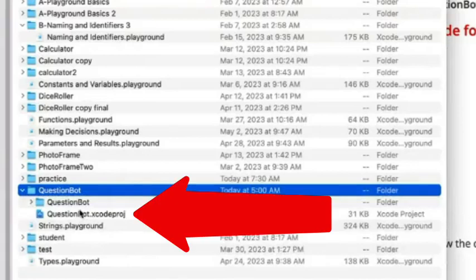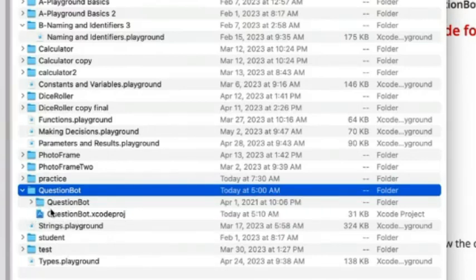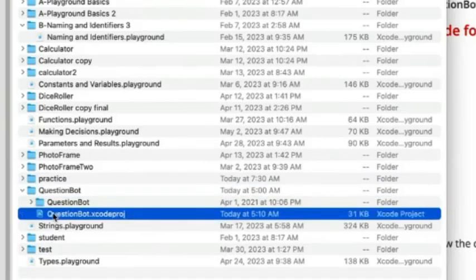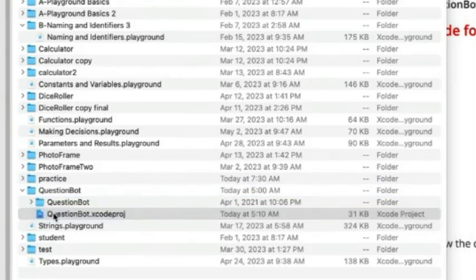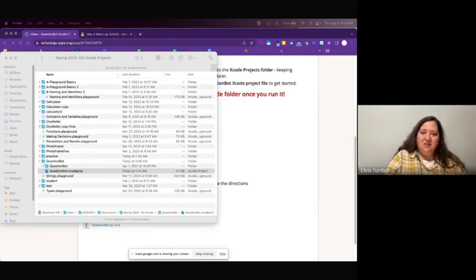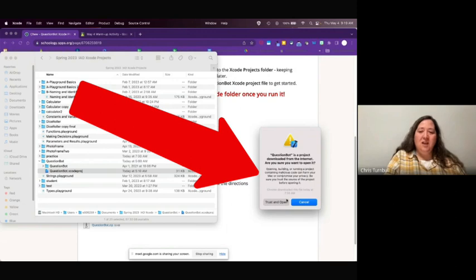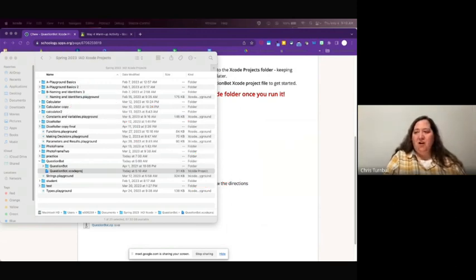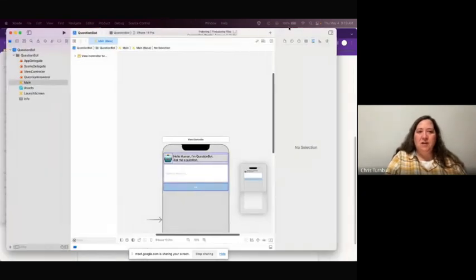So then we can open our folder and we're going to go here to the project file. We'll just kind of ignore this other folder for the time being that has some of the other files in it. And we'll double click on this QuestionBot Xcode proj file. And you'll see that familiar kind of warning. It is okay to trust and open this file since we're getting it from our Schoology course. And that's going to be bringing up